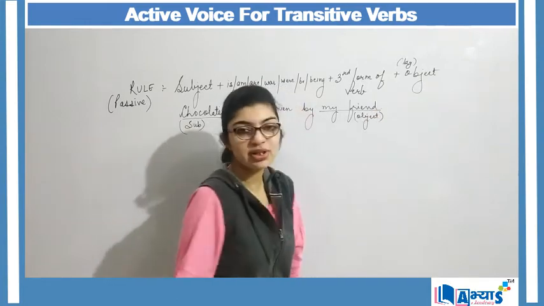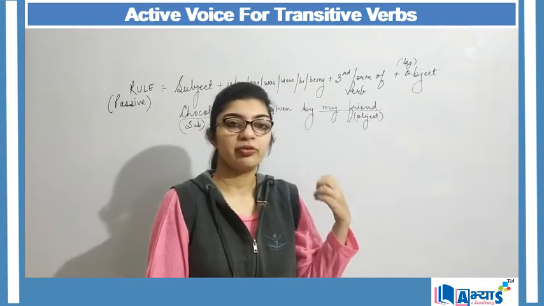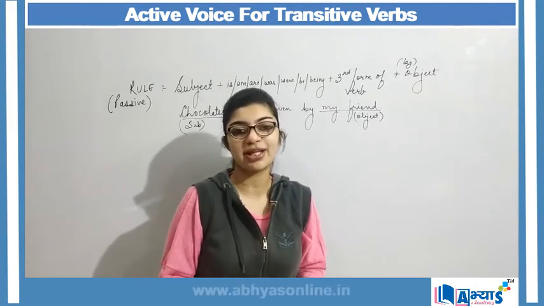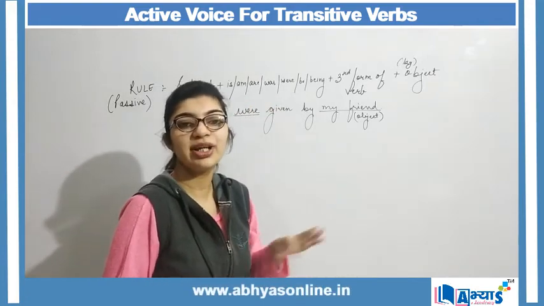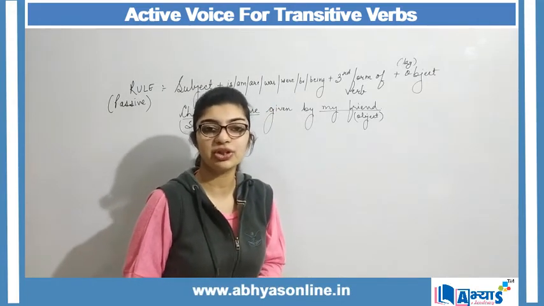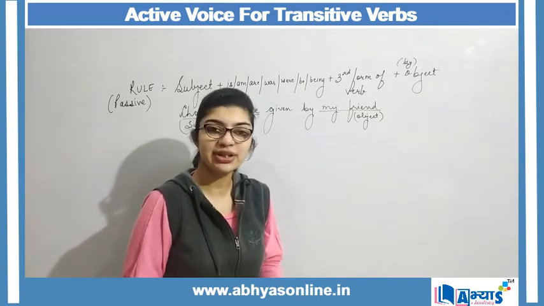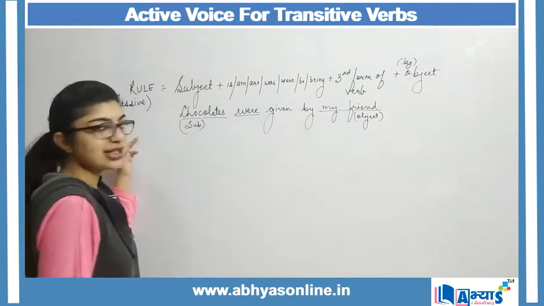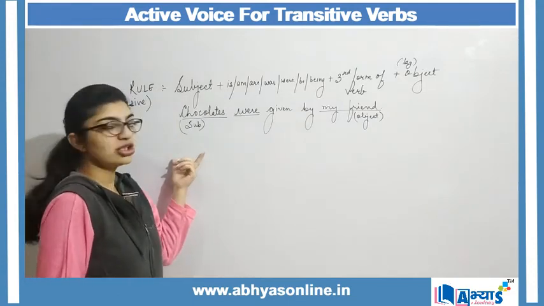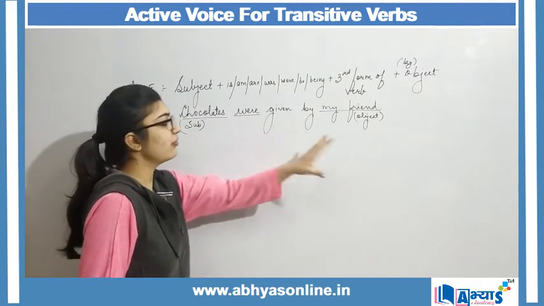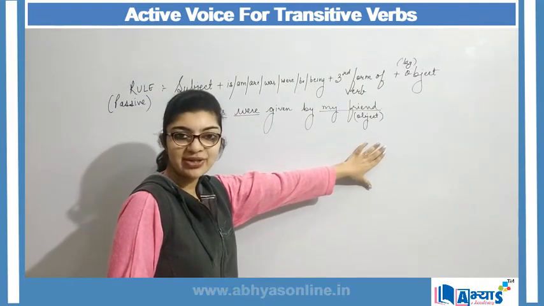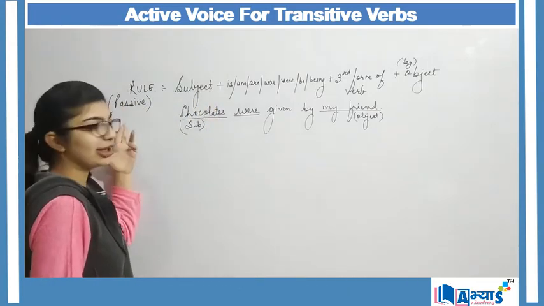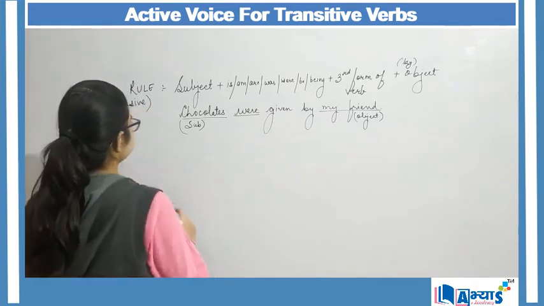Now one important rule is that whenever we are converting from one voice to another, either we are converting passive to active or active to passive, the subject and object will interchange their positions while conversion, and accordingly a meaningful sentence will be formed. So here, if my subject is chocolates in passive form, for active, chocolates will be my object, and if my friend is the object in passive sentence, then for active, my friend will be the subject. So now I am converting from passive voice to active voice.